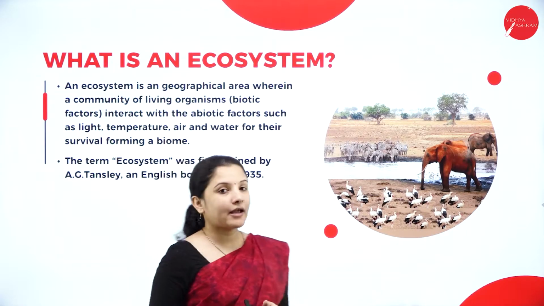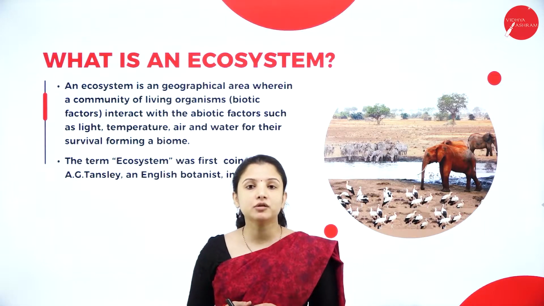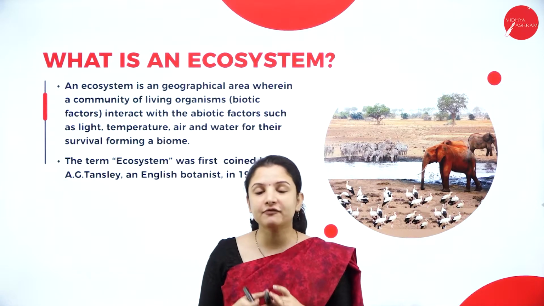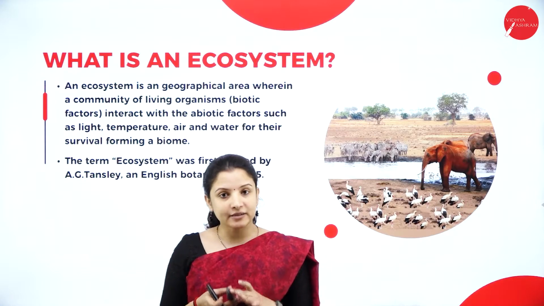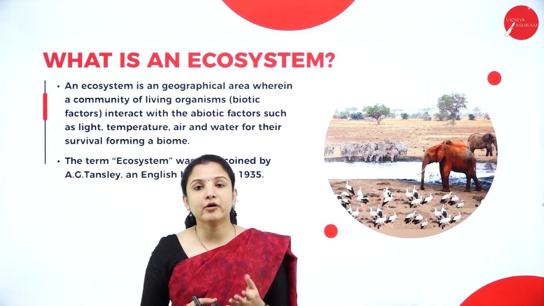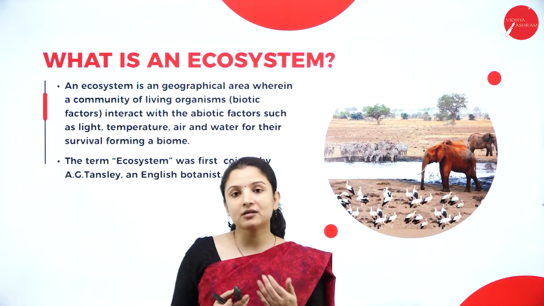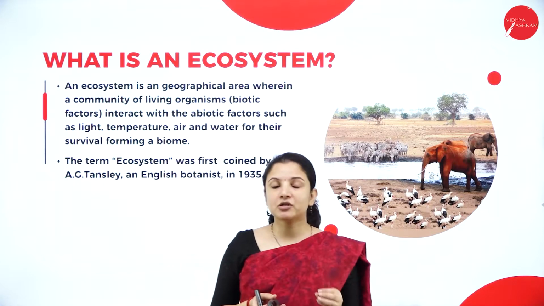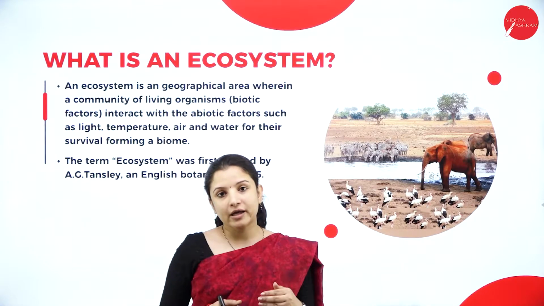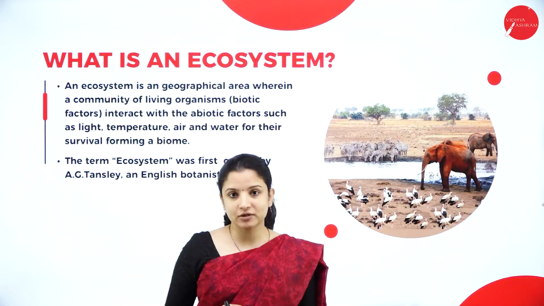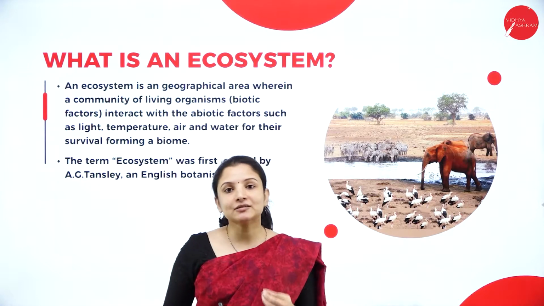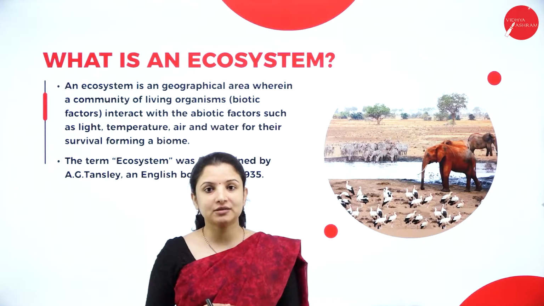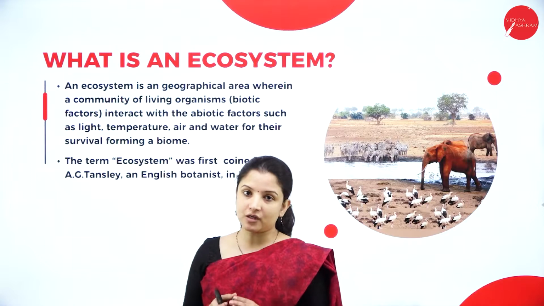So we all know that ecosystem is very important in order to maintain a balance in the environment. And in an ecosystem, we find different types of organisms as well as the biotic and the abiotic factors included, wherein they interact with one another and live in harmony for a good survival. So this chapter mainly deals with how the organisms depend on one another for the survival. In today's session, let us discuss what is an ecosystem and let us learn the components of an ecosystem, wherein we'll study the structure and function of the ecosystem.